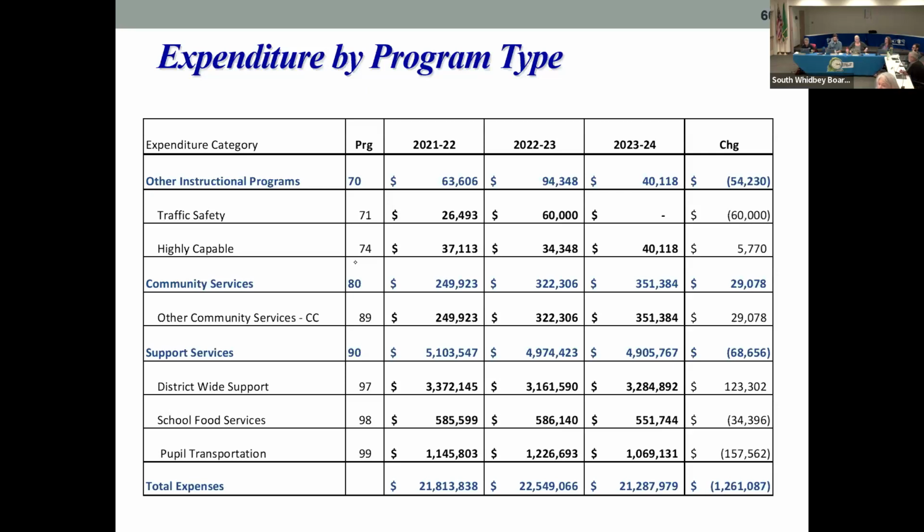If we look at district-wide support, that's program 97. So that's going to be all of our budgets plus the custodians, plus the maintenance, et cetera. Also looking at food service, seeing a slight reduction there. We did a consolidation, had an employee retire, and rather than hiring a new employee, we spread the hours out to existing employees to cover that, which saved us $20,000 in medical and VEBA and all the things that go with that. So that worked out well. And then pupil transportation, that single bus run is going to limit hours for us and also reduce costs, fuel, et cetera. So that's how we get to that reduction on the different programs.